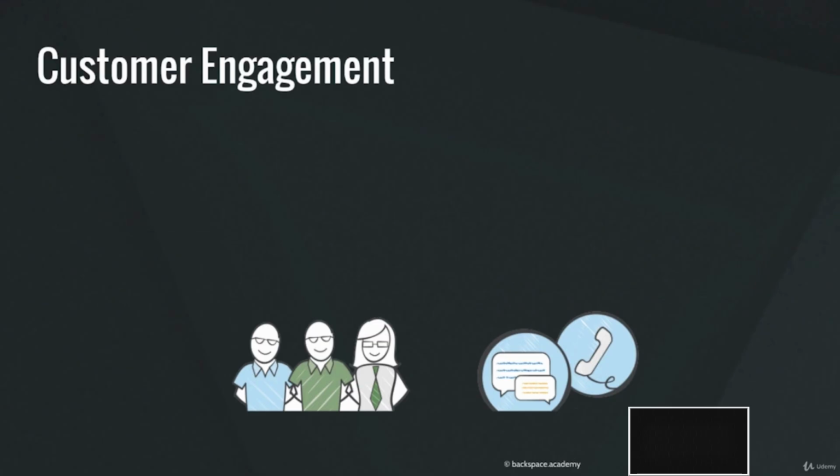Let's have a look at some customer engagement services. Amazon Connect is a self-service contact center in the AWS cloud, and that is delivered on a pay-as-you-go pricing model. It has a drag and drop graphical user interface, and that allows you to create process flows that define customer interactions without having any coding at all. Amazon Pinpoint allows you to send email, SMS, and mobile push messages for targeted marketing campaigns, as well as direct messages to your individual customers, for example, an order confirmation.